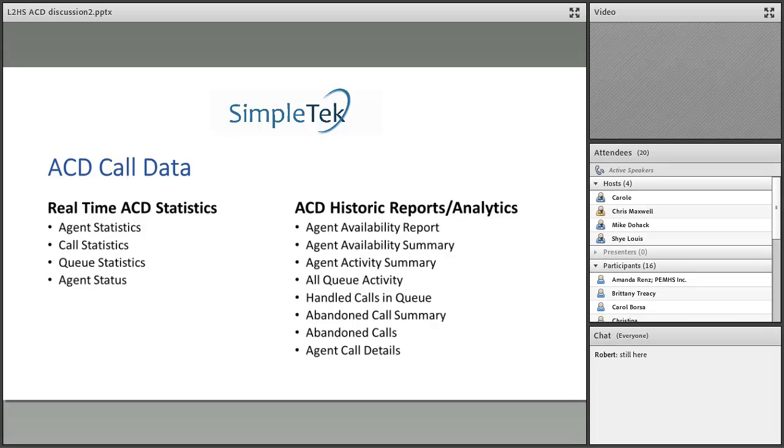Historical reports and analytics, this is where you can look at what's happened and size up what you need for future staffing, give the various reports that might need to go to the various funding sources. You have the ability to drill down to such a minute little detail, because now you can make decisions based on real information versus making decisions based on what I think or I guess. This analytics makes the ACD bring a call center up to a level of professionalism, because you have the data that you need to be able to make better decisions.